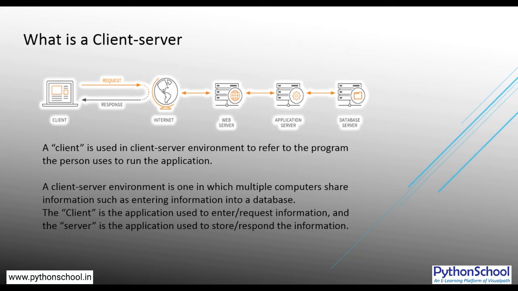So basically, client-server architecture describes the relationship of cooperating programs in an application. And a server, where you can see in this diagram the web server, application server, or database server, is a component which provides a function or a service to one or more clients. There is a single client in this diagram, but there are many clients, so the word client is used for one or more clients here. So what I was saying is that the server component provides a function or a service to one or many clients, which initiate the requests for services.